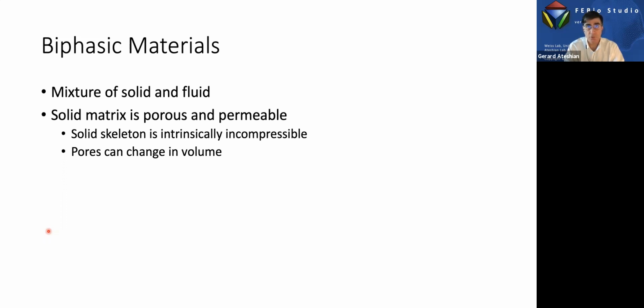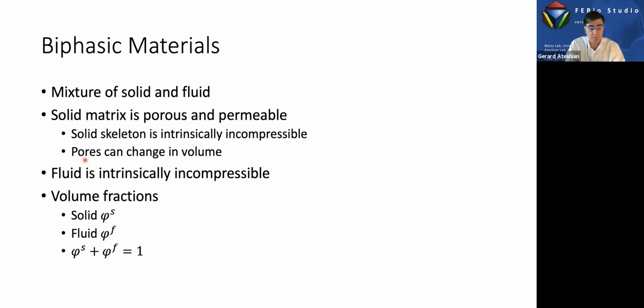So if you were to drop a biphasic material at the bottom of the ocean, then it wouldn't change volume because the solid matrix is incompressible, and the fluid is also assumed to be intrinsically incompressible. But the pores are compressible, so you can actually gain volume or lose volume by compressing the pores, and that's the important thing. The change in volume that occurs in a biphasic material is due to the change in the